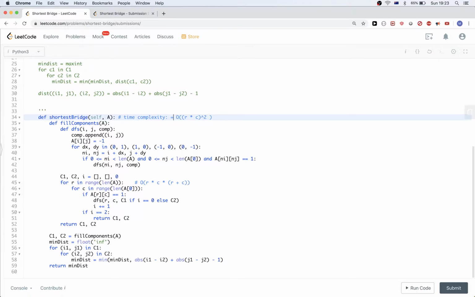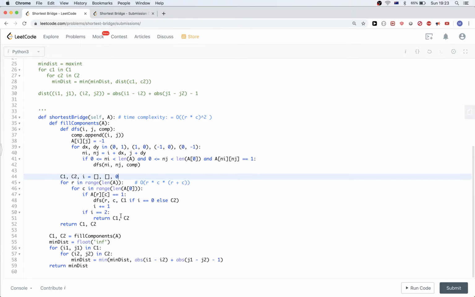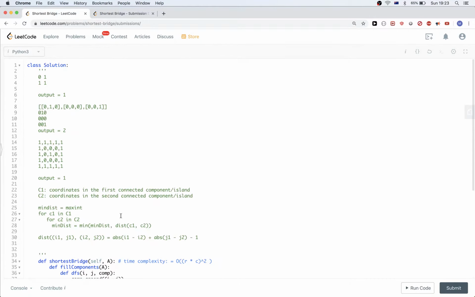So this is really not good, and yeah, it's not surprising that we got time limit exceeded. Now let's see how we can improve this solution. One way to think about this problem is, we can't really use brute force. So let's see how we can use something else. So one idea is